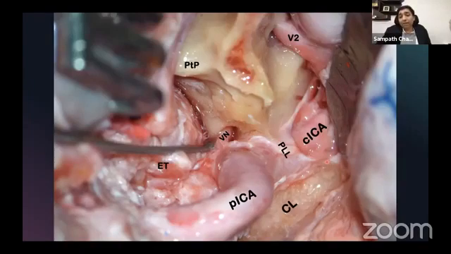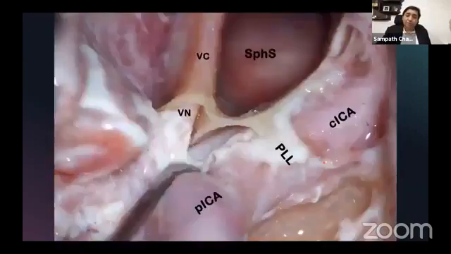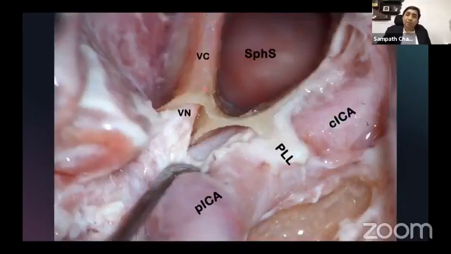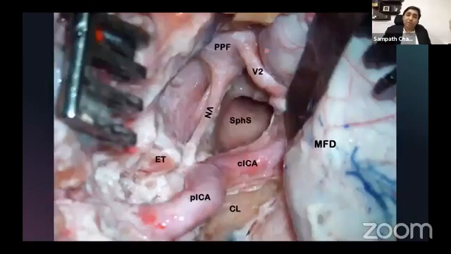So this is the clivus. This is the paraclival part of the carotid. This goes into the cavernous carotid. So we are now following a transtemporal route into the cavernous sinus, nasopharynx, and all these areas. Now, if you drill this area between V2, the carotid, and the vidian, you get into the sphenoid sinus. So the vidian is here, the carotid is here, superiorly there is V2, and you get into the sphenoid sinus. If you go under the vidian, we get into the nasopharynx.